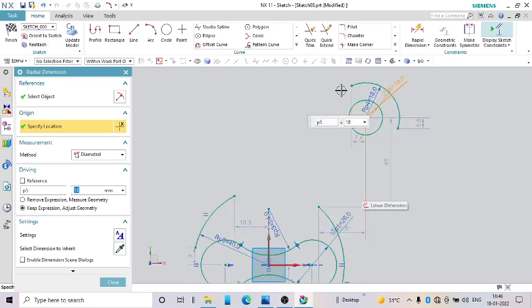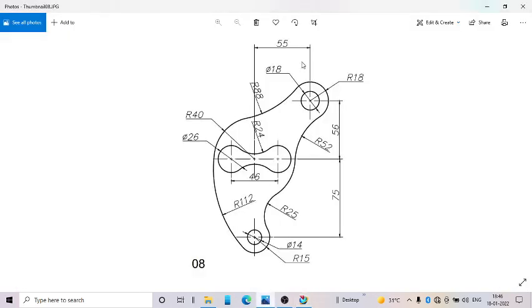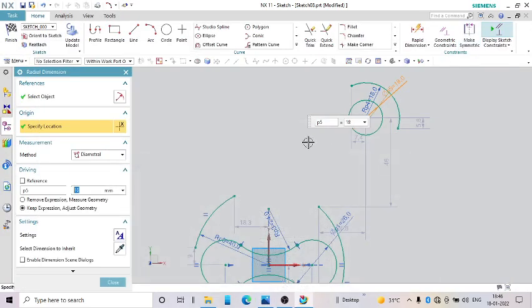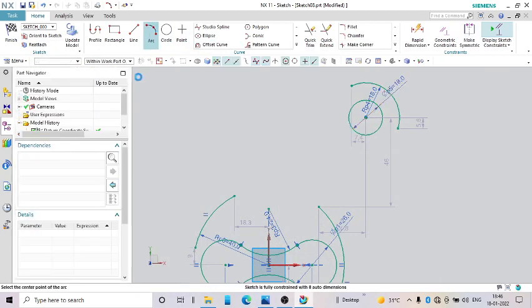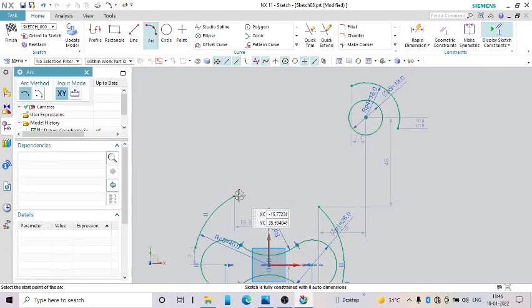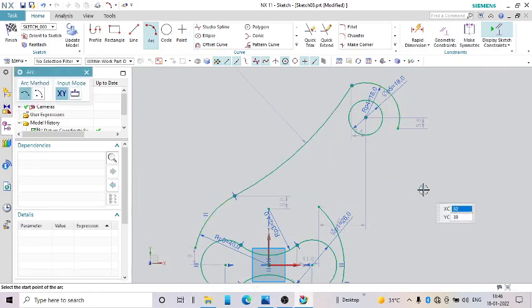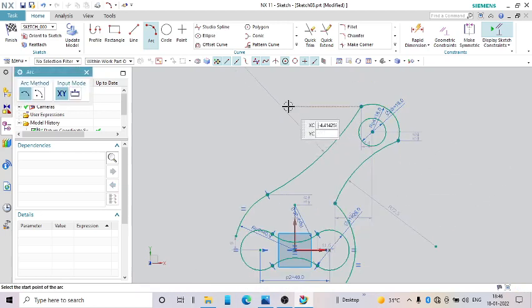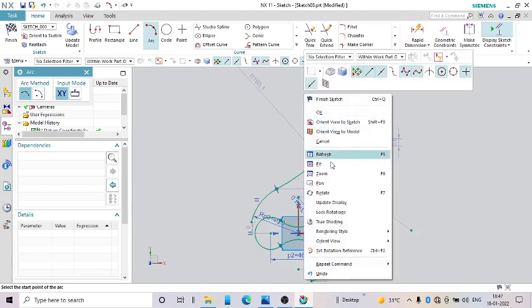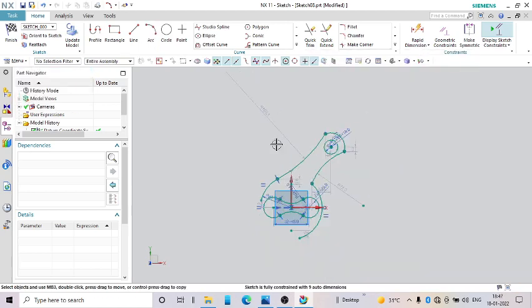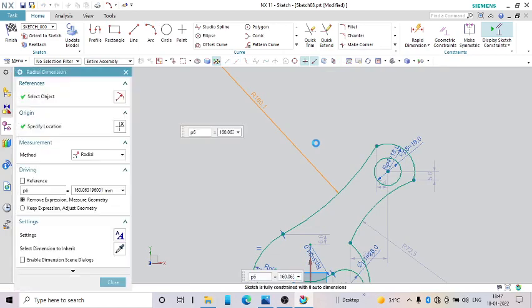Now next thing we have to make arc. So R88, R52. So let us draw 3-point arc. So this is R88.